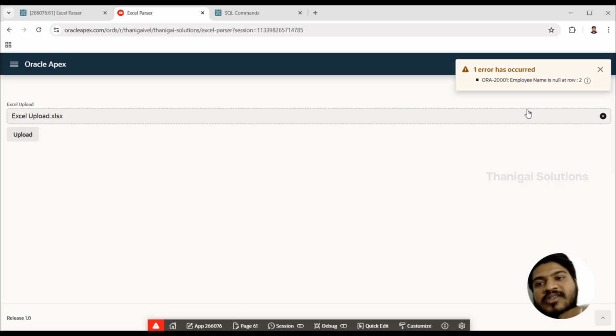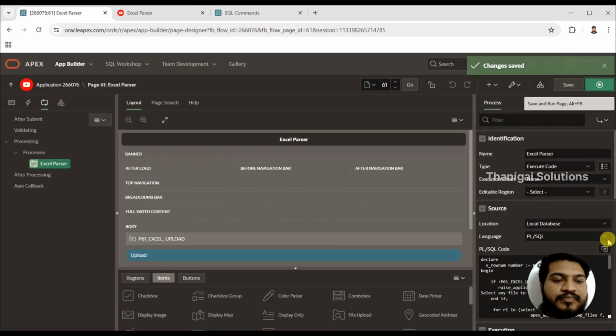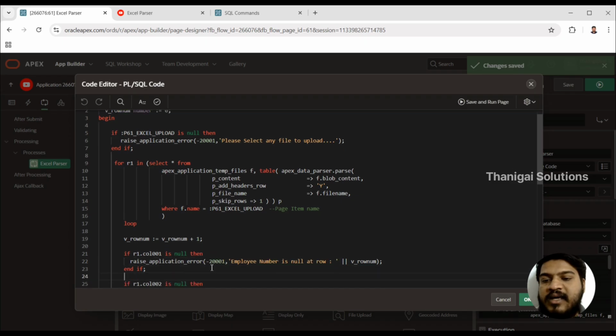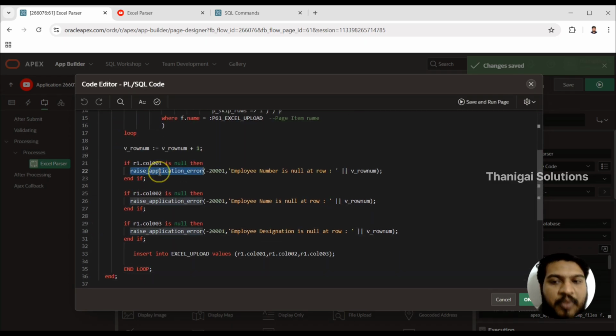Suppose you want to parse all the data and show it as a combined result, showing in which rows you have nulls. Like this, if you want to show the same thing and add these errors into the error stack, then you can just showcase that error or throw that error to the output. If you want, we can also do that. So suppose I am having this error, instead of halting the process by using the raise application error, you need to add these errors, then at the last you need to throw that error. For example,